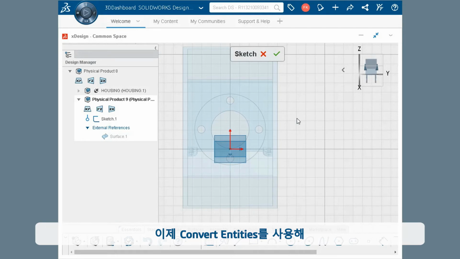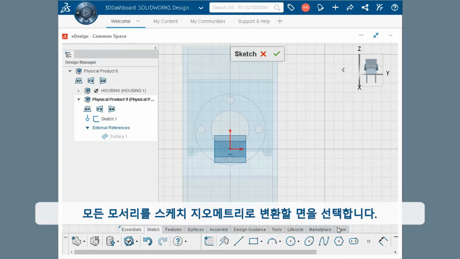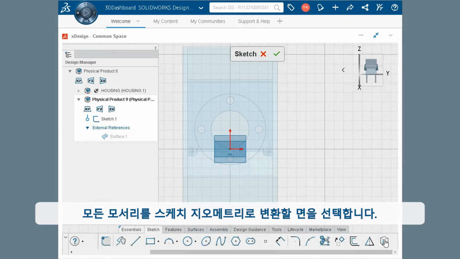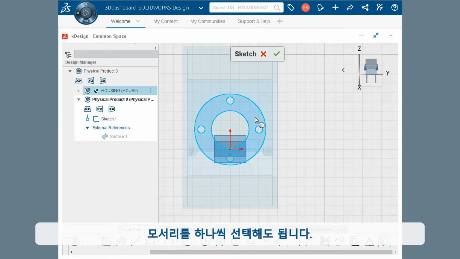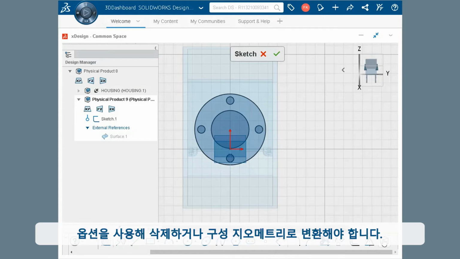We'll create external references to edges of the housing model using Convert Entities. We'll select a face which converts all the edges of the face to sketch geometry. You can also select individual edges. The conversion has generated more geometry than we need, so the options are to delete it or convert it to